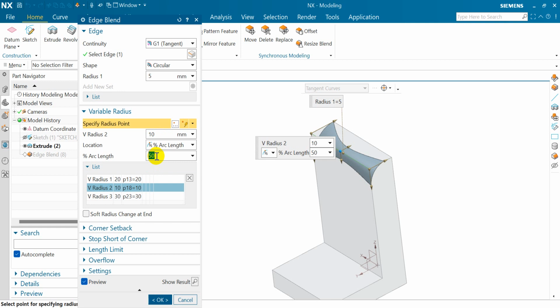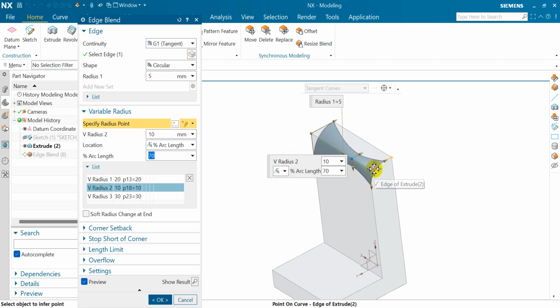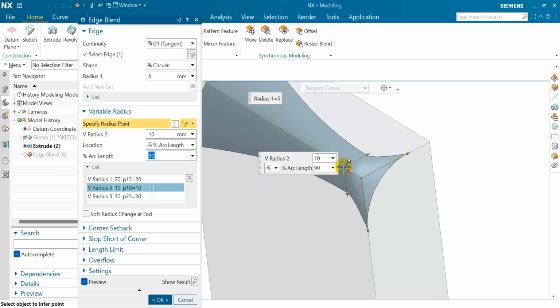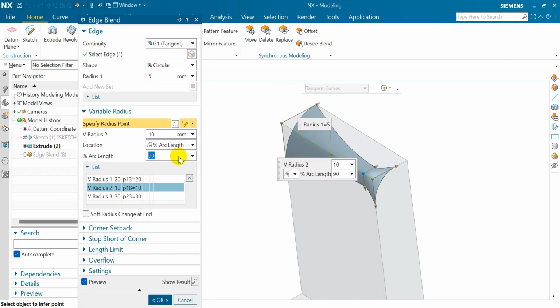And if you want to change the percentage arc length, then click on it and fill the value 60%, 70%. There is 0 and 100%. If you value 90, there is 90. So fill the value as per your requirement.